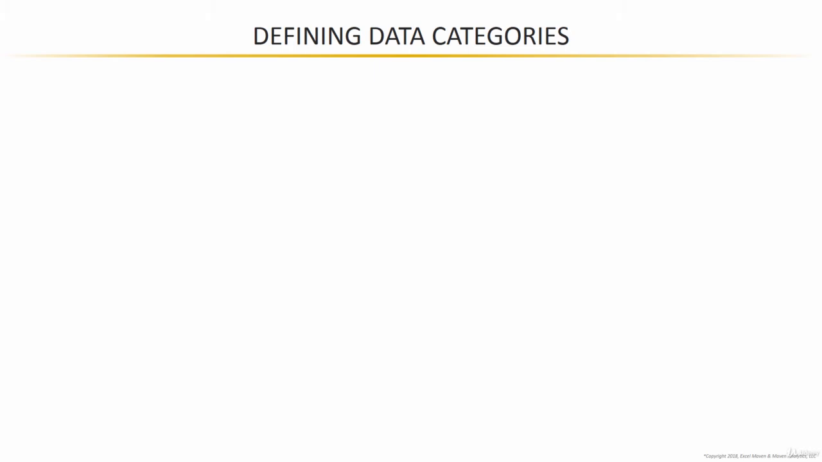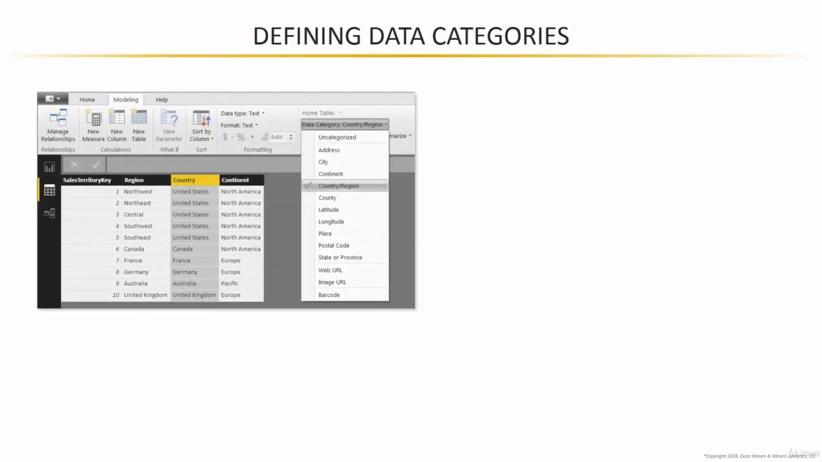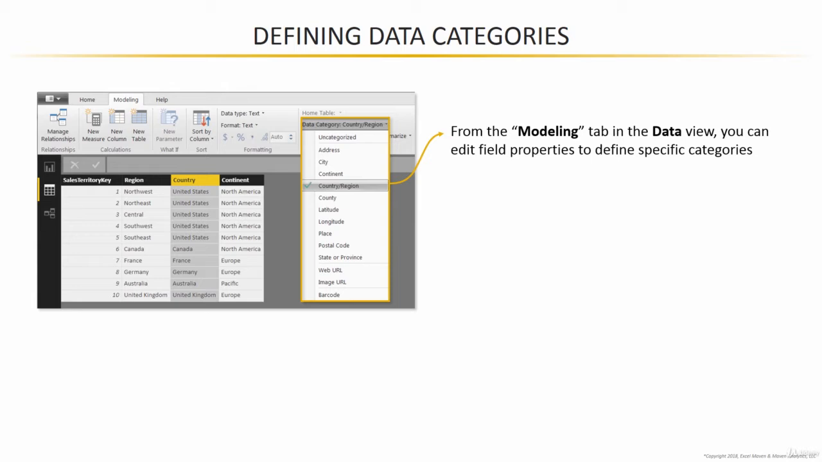So we've already seen some options for formatting or changing data types within the query editor. We've formatted columns as dates, as whole numbers, as currency and decimals. But there are some additional options that we'll find outside of the query editor in the data view, specifically the modeling tab, that will help us not only define more specific data formats, like specific date or currency types, but